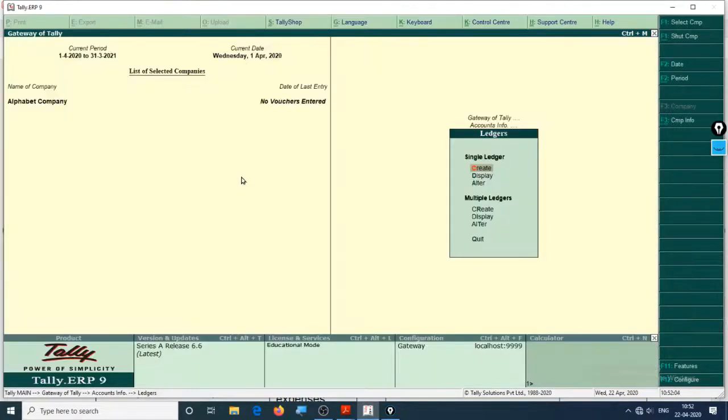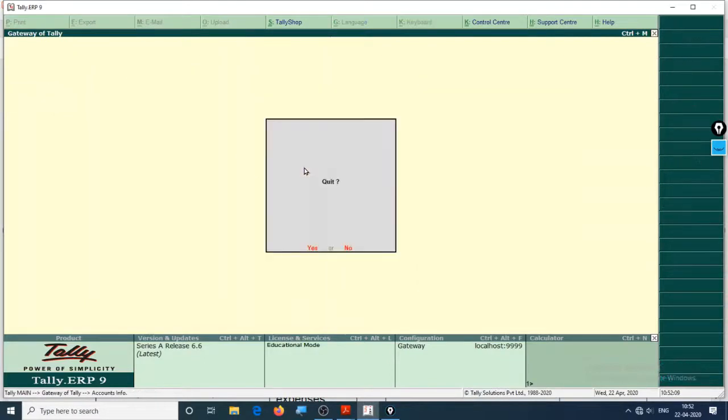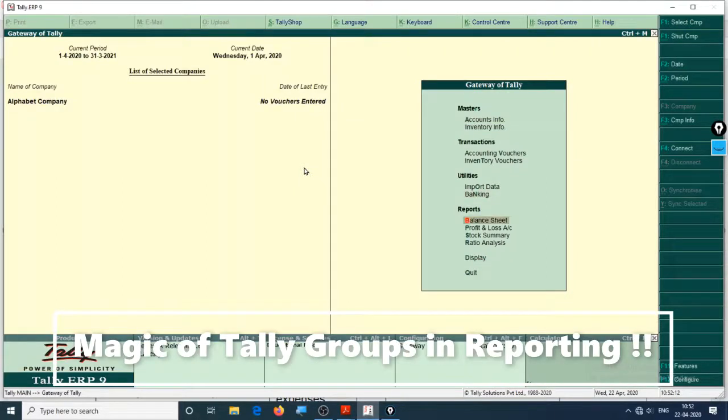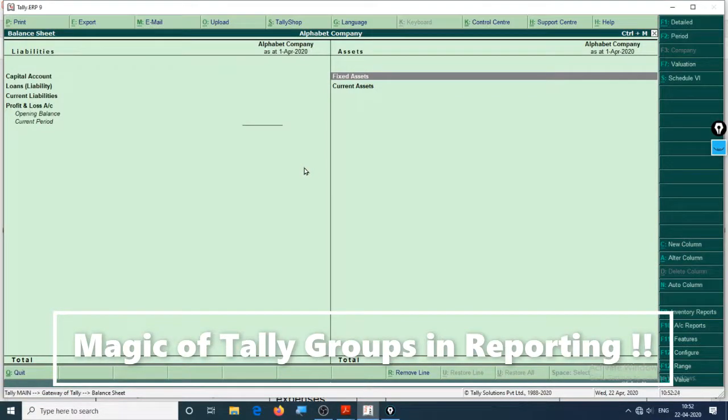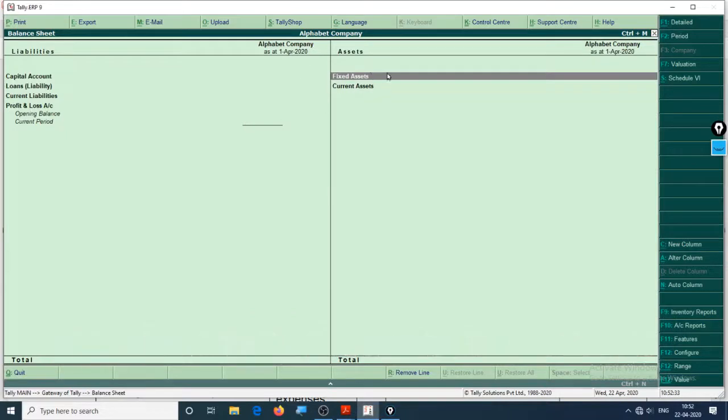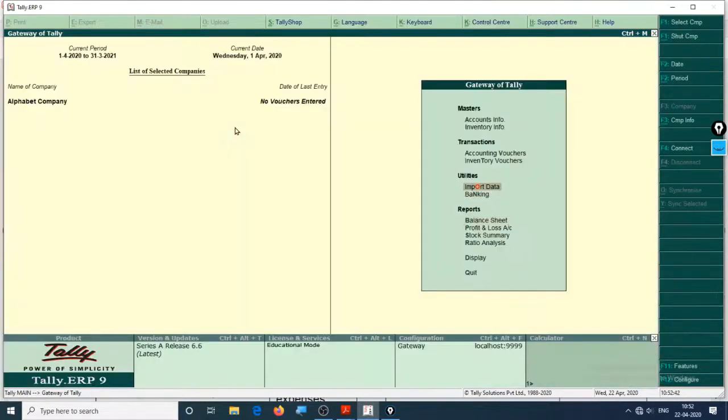So now you know how you can create a ledger. The importance of an account or a ledger is that whenever you put an entry into that account, it will directly be reflected according to those groups. As you can see right here, if we change anything in the building account, it will directly affect the fixed asset group. So groups are most important to help Tally in accounting, and accounts are obviously important to create journal entries. So I'll see you in the next lecture.